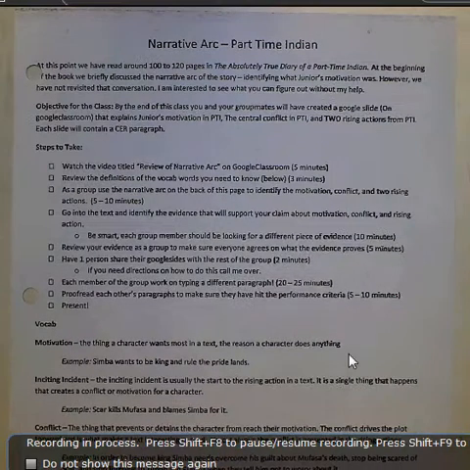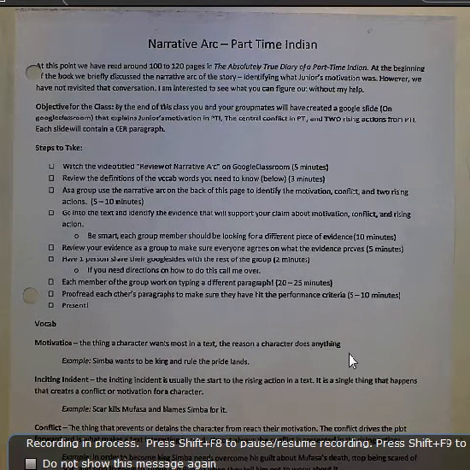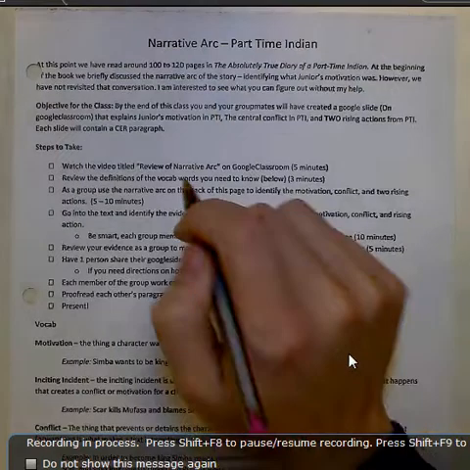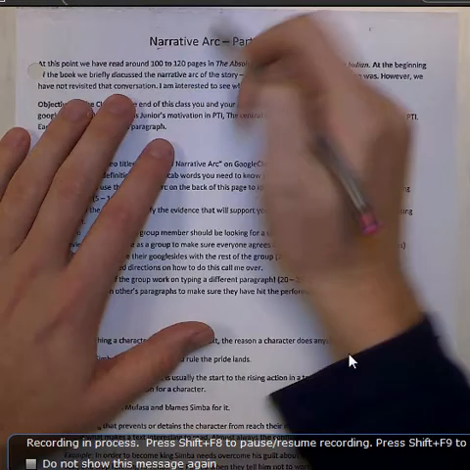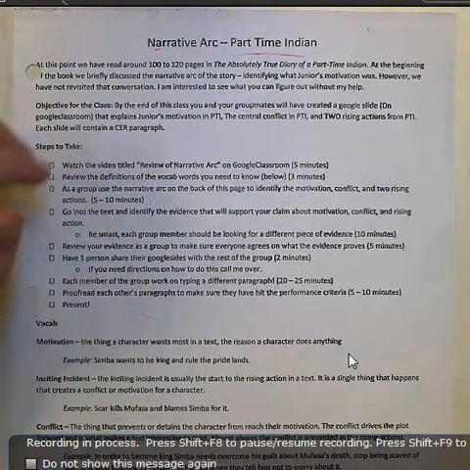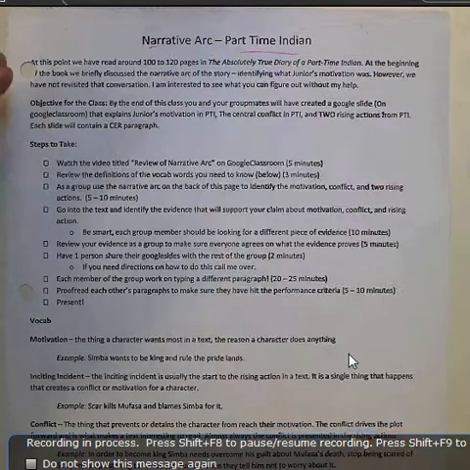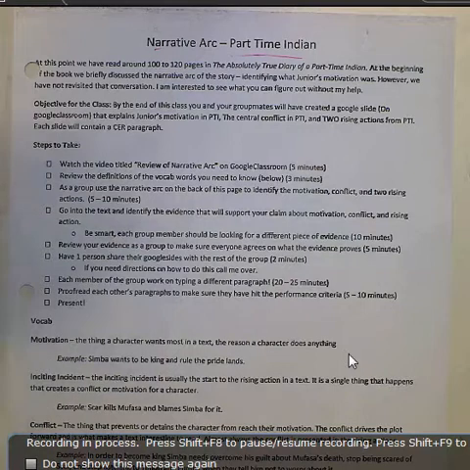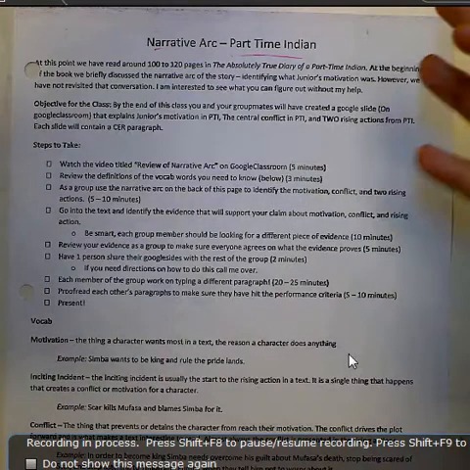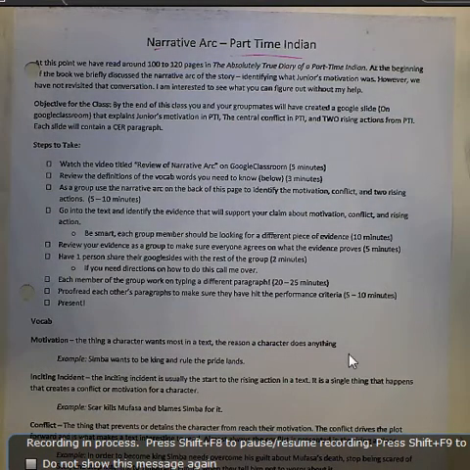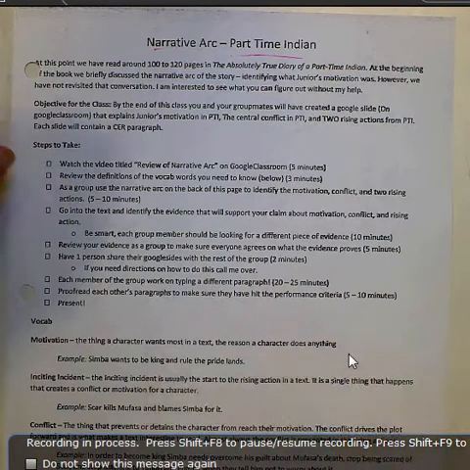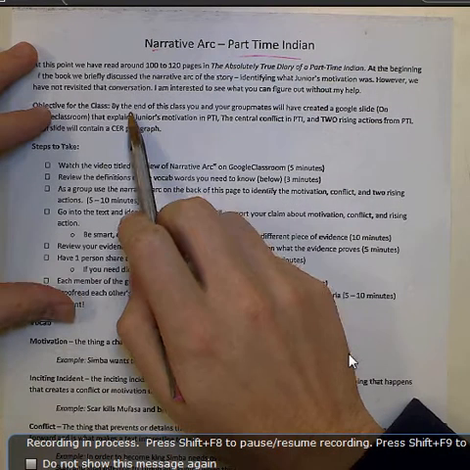Okay. If we're watching this video, it is because today I have tasked you with identifying the narrative arc for Part-Time Indian. To be clear, we've only read right around 100 to 120 pages, depending on when we're doing this X block lesson. So you can't identify all parts of the narrative arc, but you can do some of it. So I want you to be clear that by the end of this class, the expectation is that you